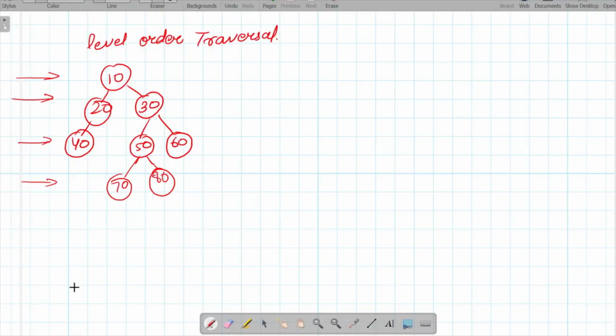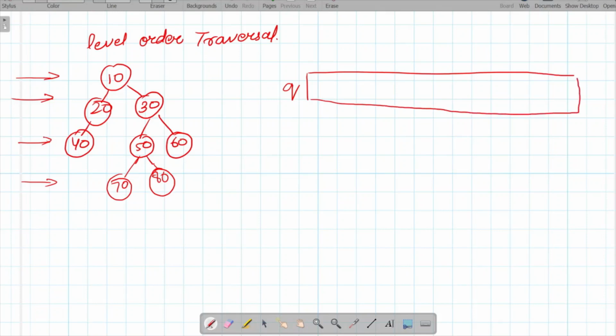The logic behind this is, we will take a queue. For traversing purposes we will maintain a queue and insert all the nodes one by one in this queue, and we will keep on traversing all the nodes until our queue gets empty. Initially, while creating the queue, we will insert the root node of the tree in the queue. Then we will take a variable current and store the front of the queue in it, and we will pop it. After popping it we will simply output it.